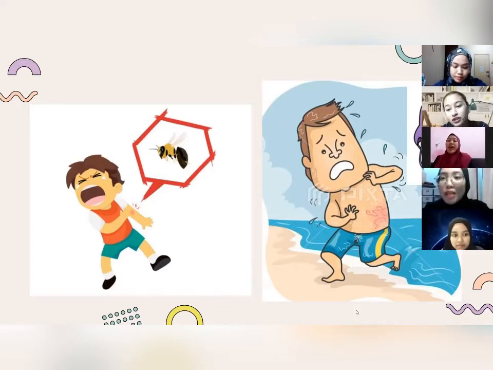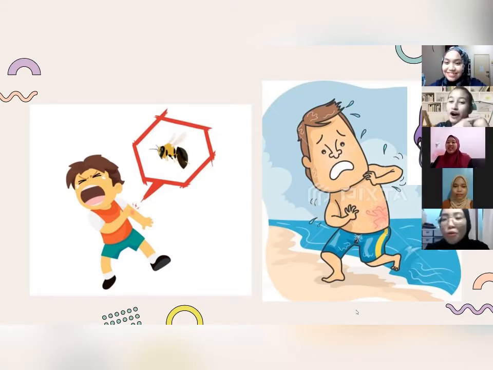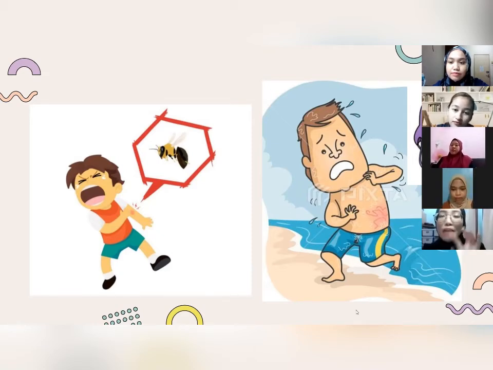Anyone can tell me? Put cream. What cream? Medicine, from the pharmacy. Or oil. What kind of oil? Minyak panas. Yes, correct, ointment. Maybe you buy it from the pharmacy, okay? It's a medicine, but we can also get medicine from our kitchen. So basically, if you got stung by a bee or a jellyfish, we put a different type